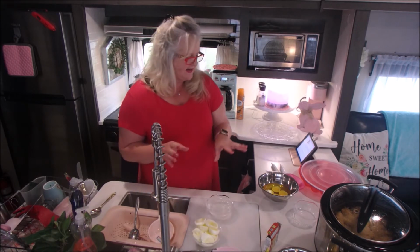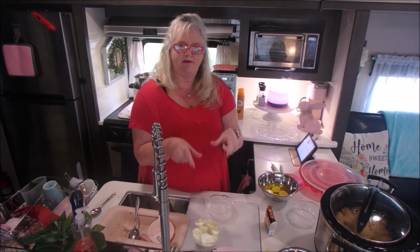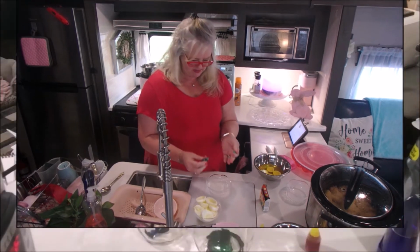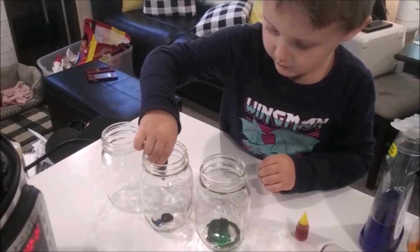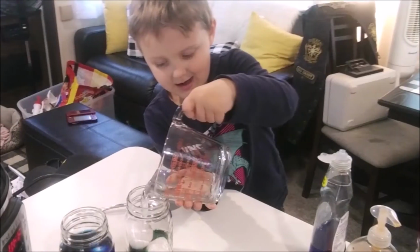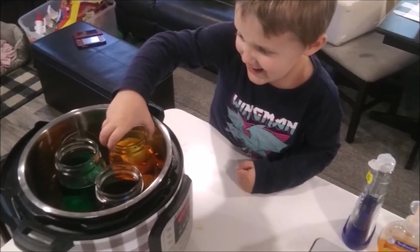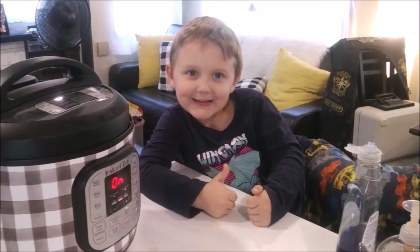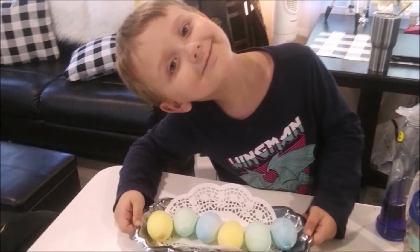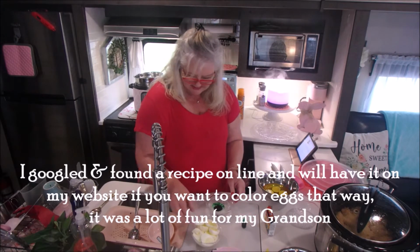Yeah, when I did this in the Instant Pot last year, I can't find the recipe, so that's why I'm not doing it this year. But Abel and I put mason jars on top of the rack that's in the Instant Pot. We put the food coloring in there, put the eggs in there, and then I believe we pressure cooked them. Probably should have Googled online, but